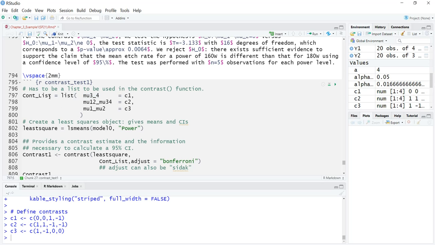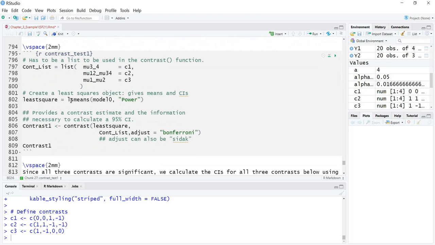So this is going to be cont list, so I'm making a list of these contrast vectors here that we created, and then I do least square. I create these least square objects that are the least square means using model 0. So I'm using the same model as before, and I have to specify that power is the treatment variable that contains the treatment levels. And then I create contrast 1 using the contrast function, least square, cont list, and then